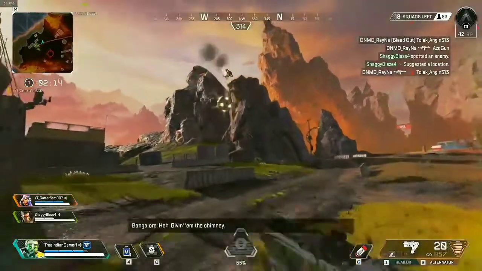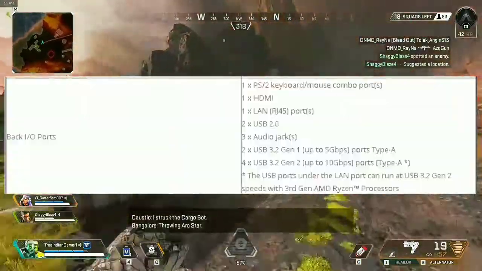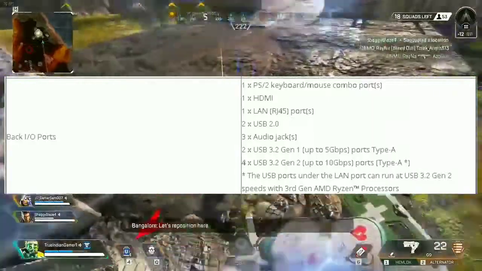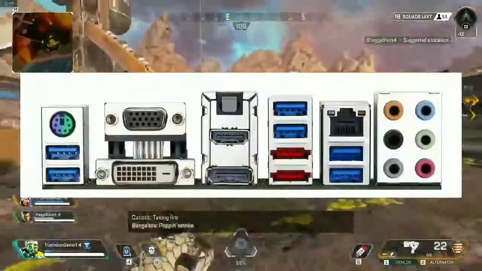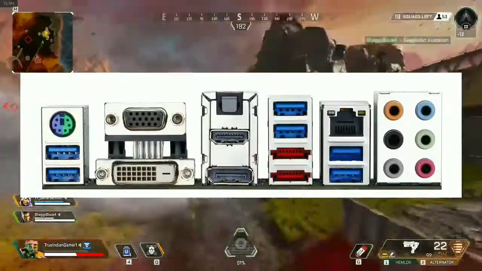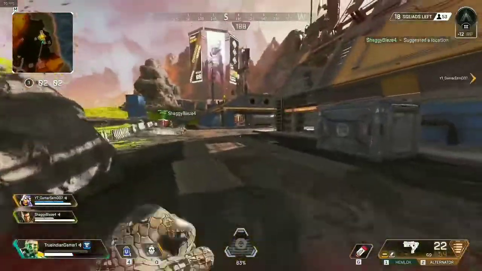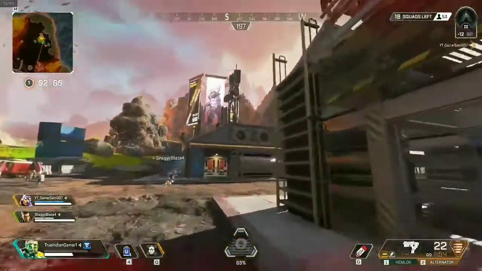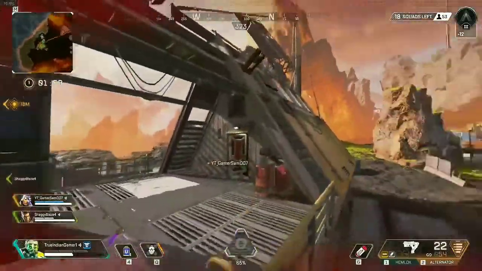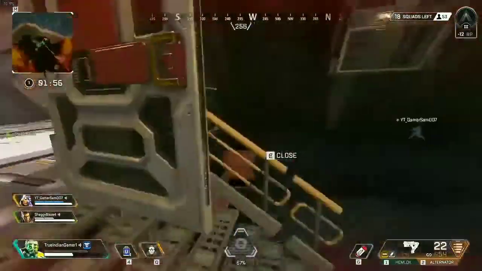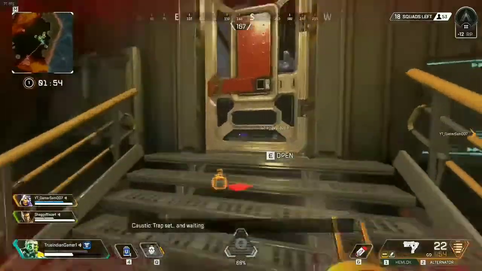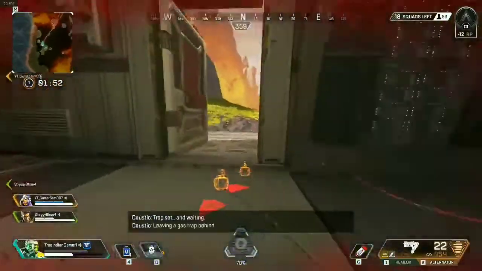When buying a motherboard, you should check how many and what IO ports it has and how many you require. A small form factor motherboard will generally have fewer IO ports than a bigger one. For example, if you want 5 USB 3.0 ports, then you should look for a motherboard with the same or higher amount of ports. After going through all the above points, you should be able to decide which motherboard you want to buy.